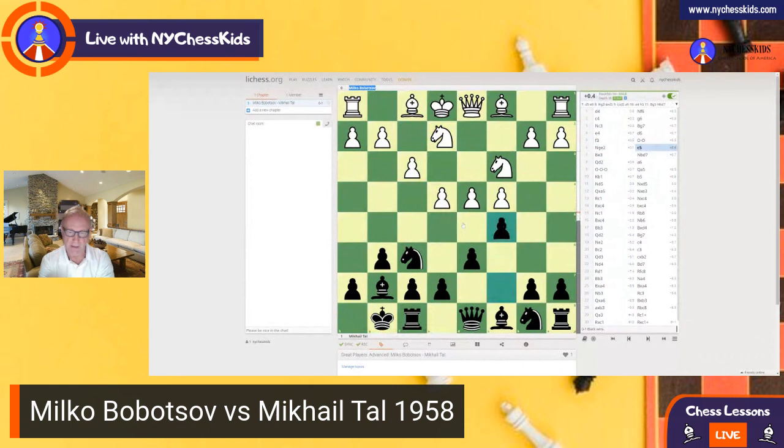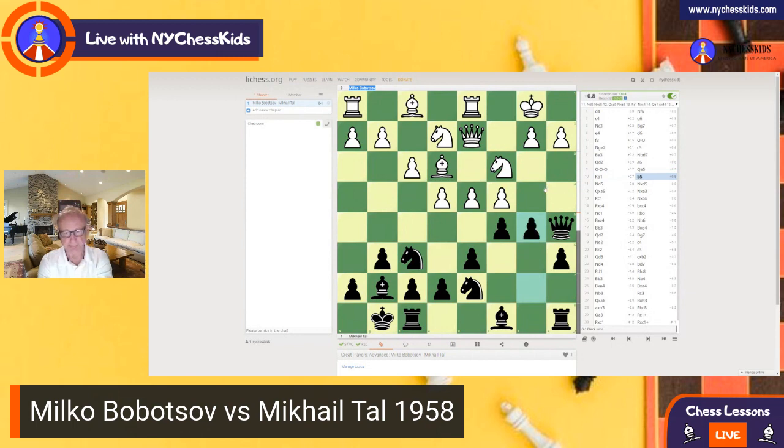Tal plays c5. There are other ways you can play this as well, with e5 and knight e7 and queen a5. So that's the position that we have. Right, it's clear that Mikhail Tal decided to play on the queen side, and from this moment the game really starts. Right, b5. Dangerous attack on the queen side, right?